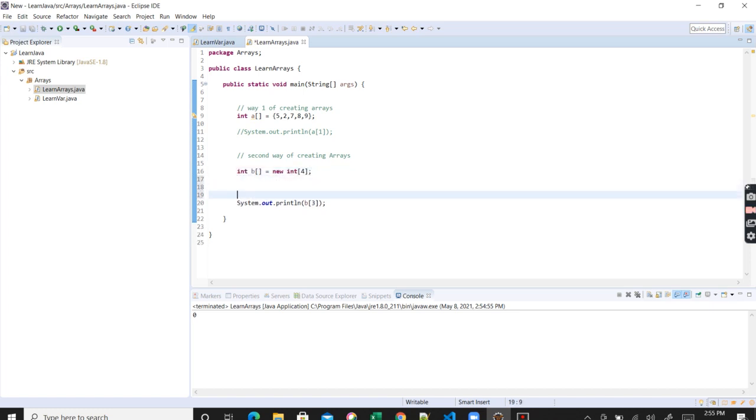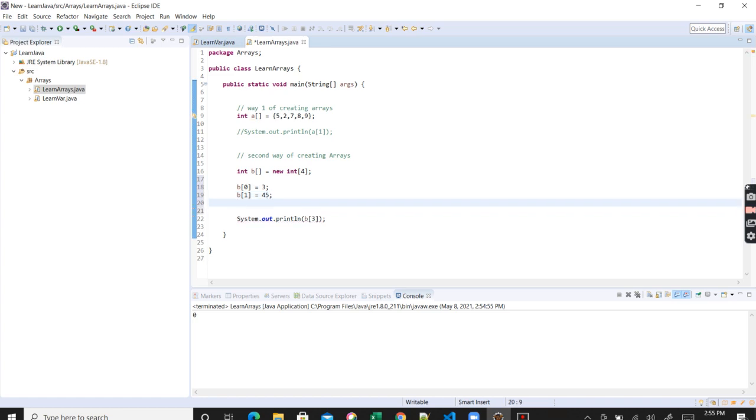So how can we initialize, how can we provide values? Let's say we want to give a value to the 0th index. I will say b0 is equal to 3. Same way, I will give b1 as 45.